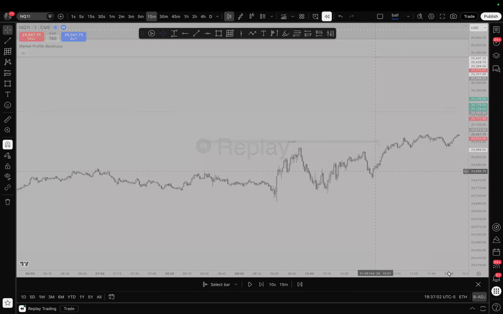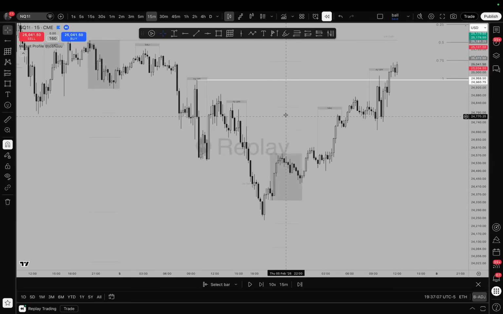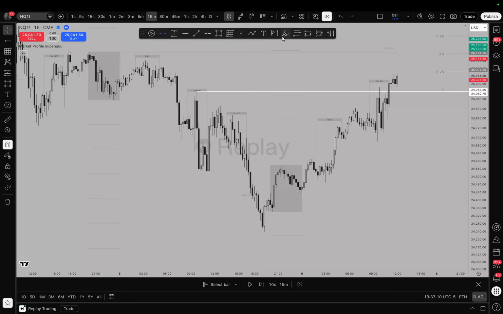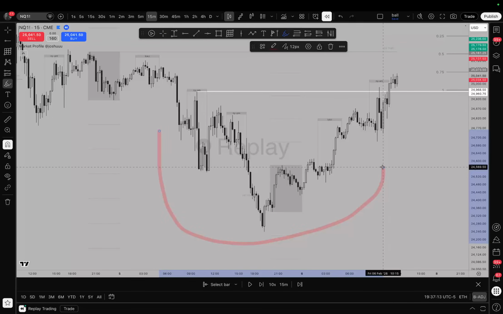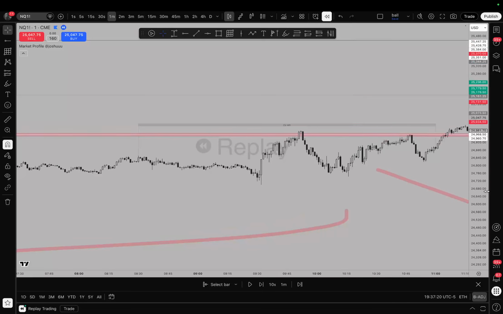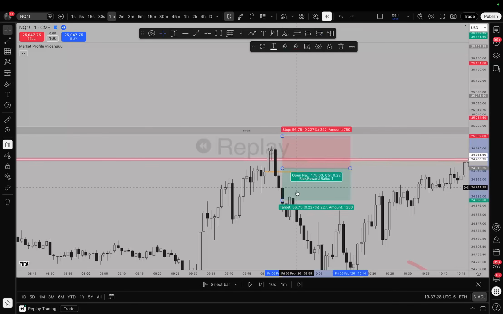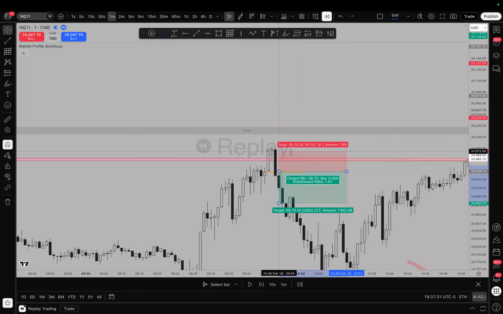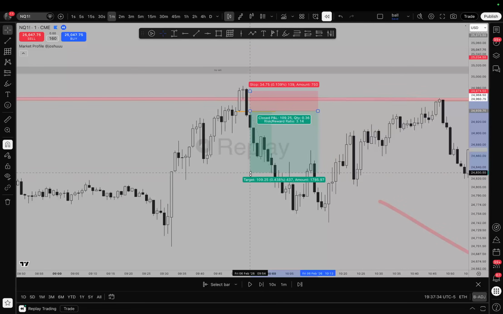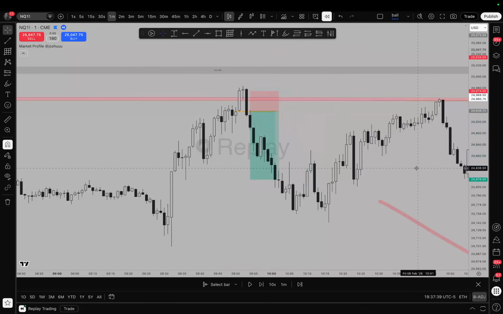But I did peep something here on the 15, right? You guys see this shape here? Boom. And then this finishes our top. And then as soon as we take out that top, that's when we'd get a confirmation, and respect, and a flip. Okay? Engineered liquidity right here. So hopefully that gives some insight